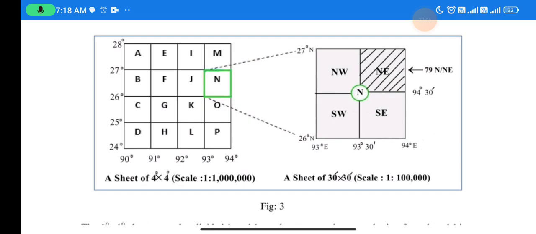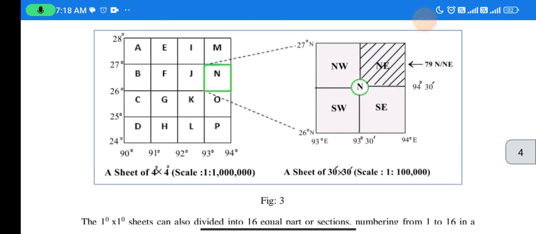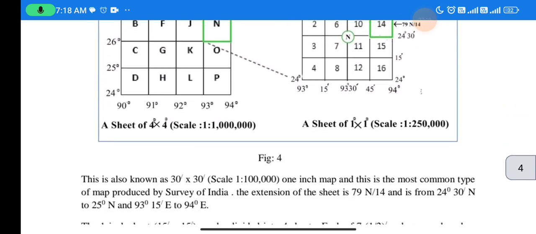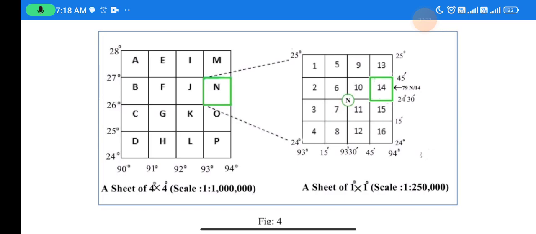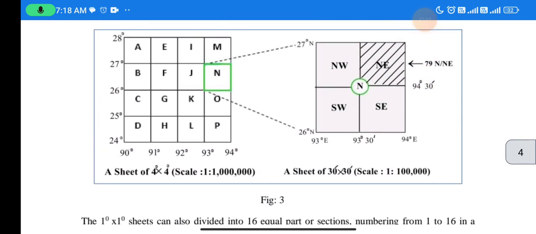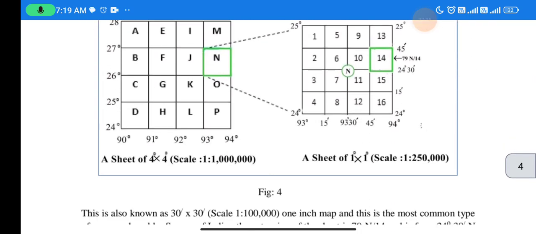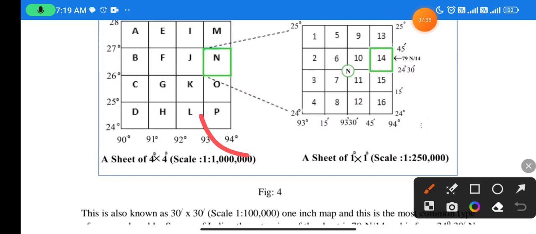So 2,50,000 is 2,50,000. So 1,25,000 it will come. This scale is coming 1,25,000. That is a different thing, talking about 1,25,000. And this is not the scale of 1,25,000, because it came from 2,50,000. Now again here see 2,50,000, we are coming to this 16 division. So if I divide the 2,50,000, we are getting